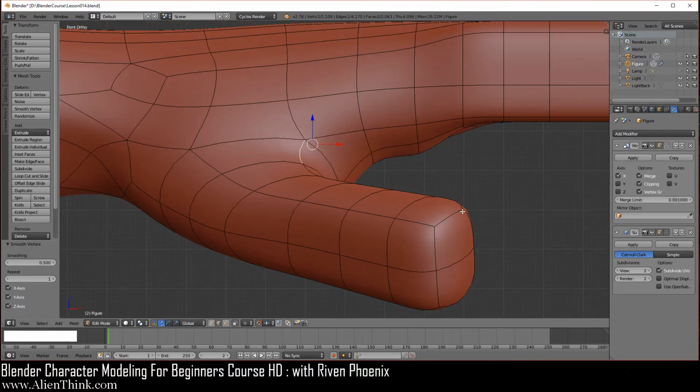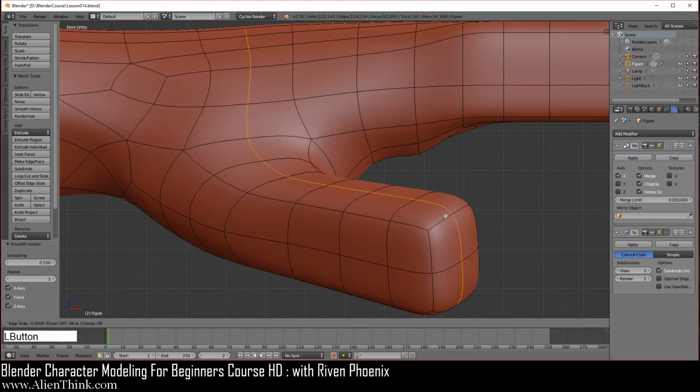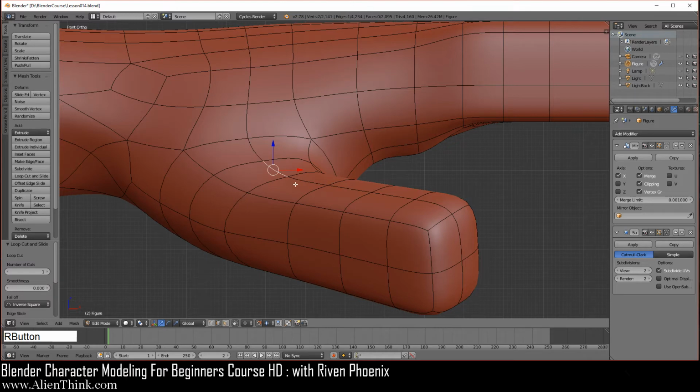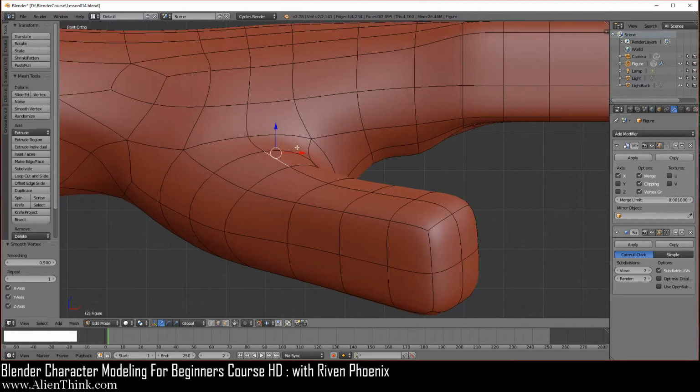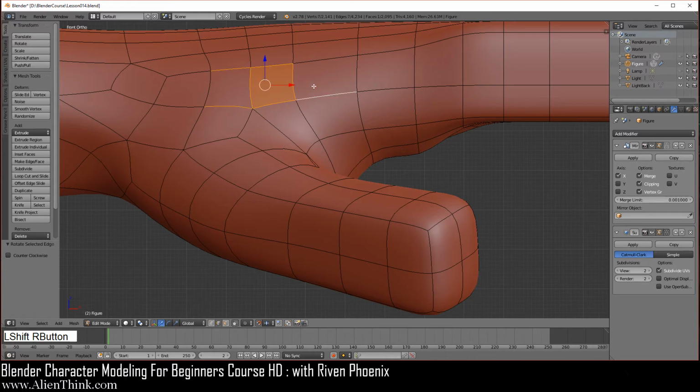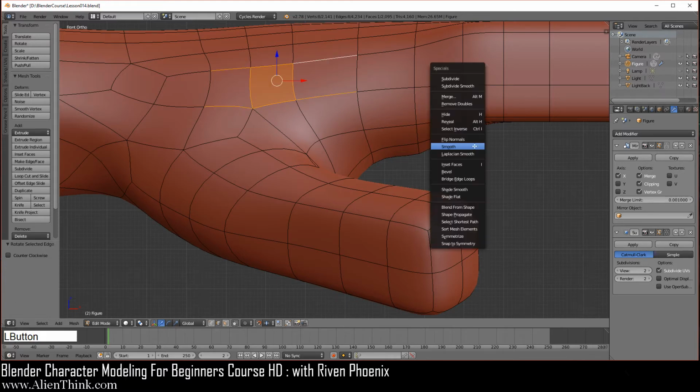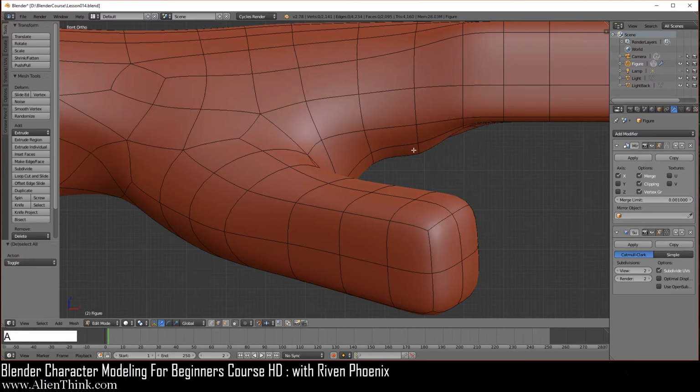Then just zoom out a little bit, do Control R, left click and then right click. Then go ahead and click on this edge. Now you have to zoom out to get the big grid units again. You're going to bring this up one time, do W smooth 1 and then 2. Now click on this edge and just do Control A to rotate it. Now click on this edge, shift key down, this, and click on these 2 edges over here and just do W smooth 1, 2, and then 3, and then A to deselect.